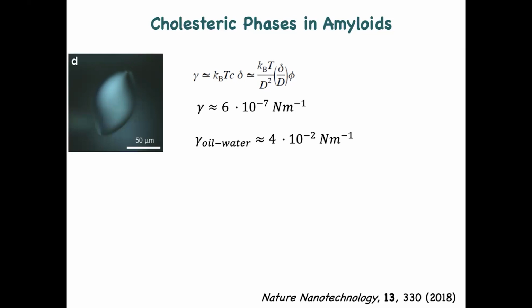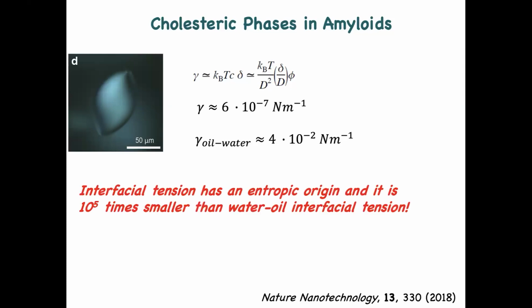And this is simply because in oil in water, the molecule of oil and molecule of water don't like each other. They have an energy of exchange divided by the surface area, that's the surface tension. There is no such thing here. This is amyloid fibers outside, amyloid fibers inside. It's just a delta distance. And if you calculate the surface tension this way, this is the first big difference with the liquid phase version: the surface energy has an entropic origin. That's why it is much, much lower.